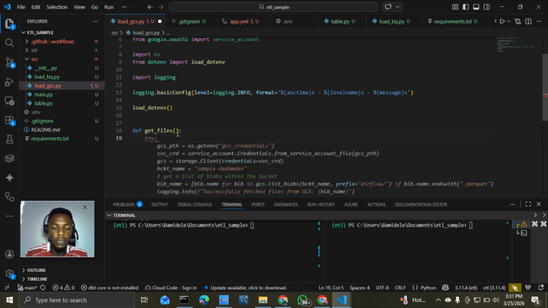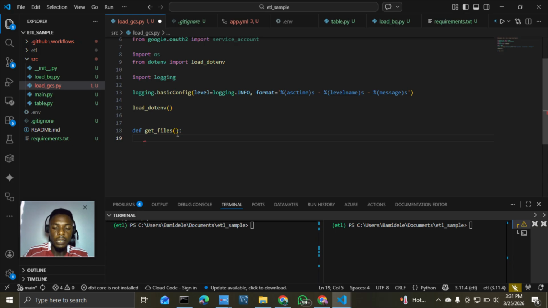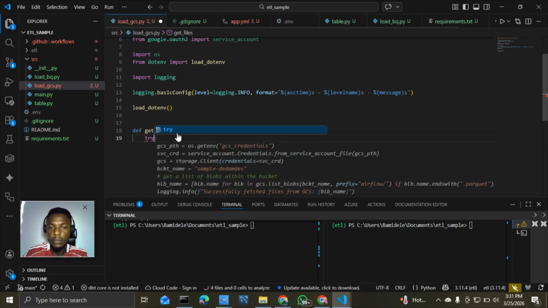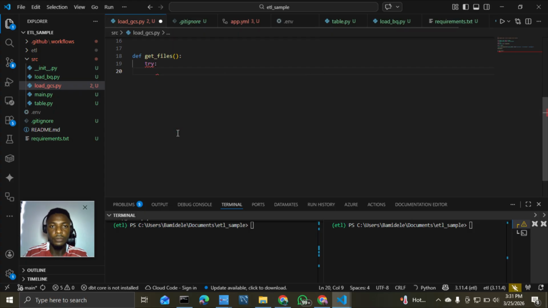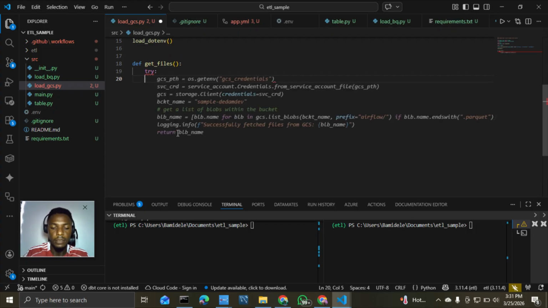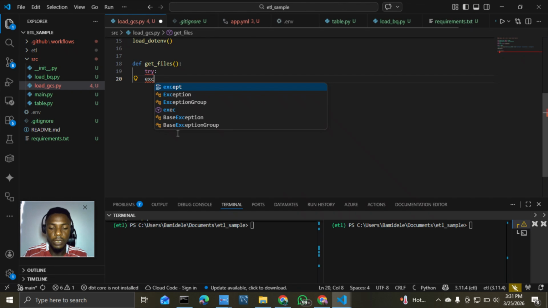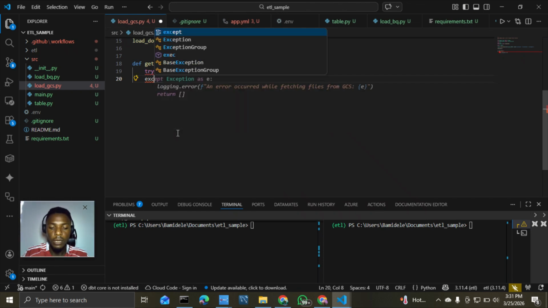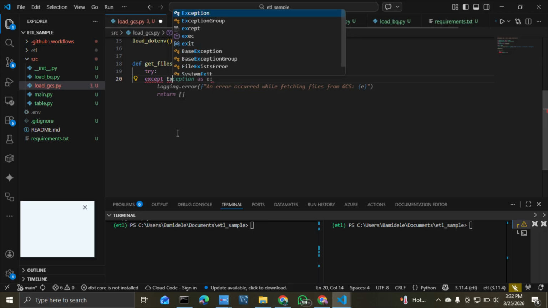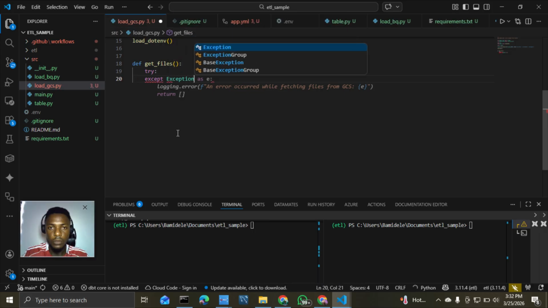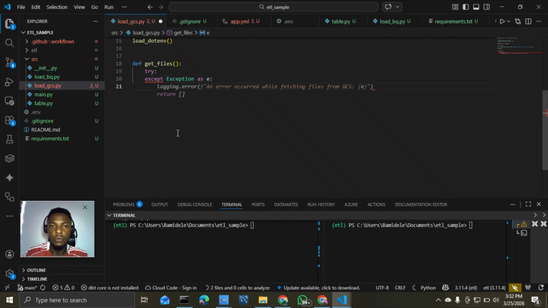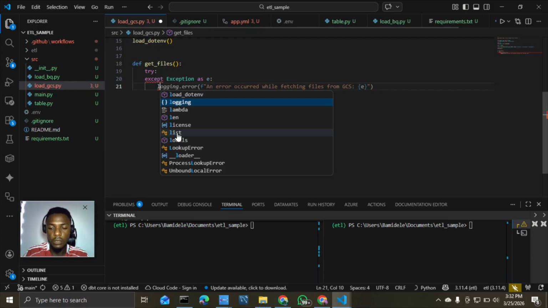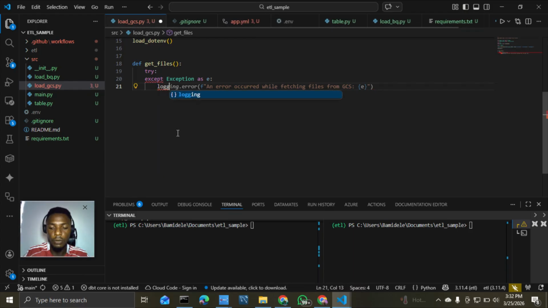So the first thing is, let us try, and no, I don't want this. I want us to write try and exception, exception as E. So what I want to do, I want to raise a login.error, since the outcome of what